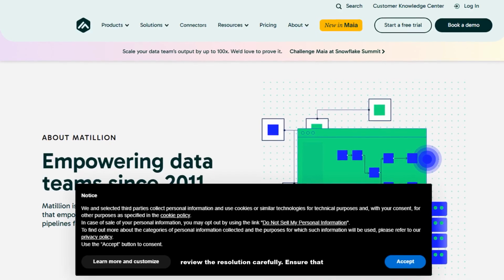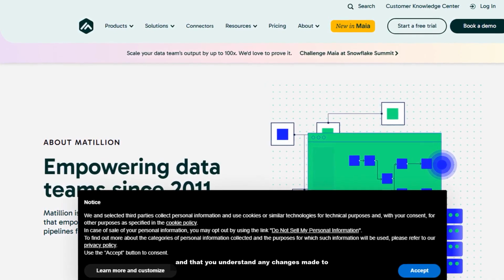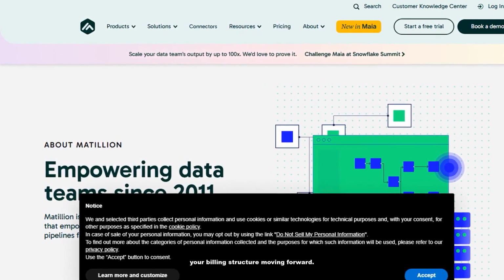Step 5. Review resolution. Once Matillion addresses a billing error, review the resolution carefully. Ensure that the corrections are reflected in your account and that you understand any changes made to your billing structure